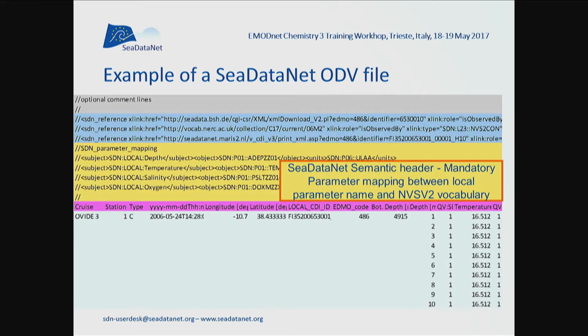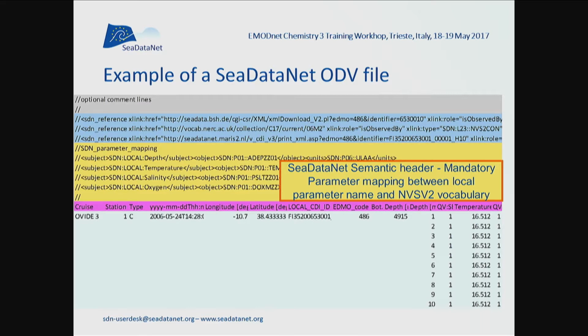And then you have this yellow part, which is what we call the CDataNet semantic header, which is mandatory in all CDataNet files. It is the mapping between the local code of the parameter in the ODV file and the BODC parameters. So this is the most important part in your data file.